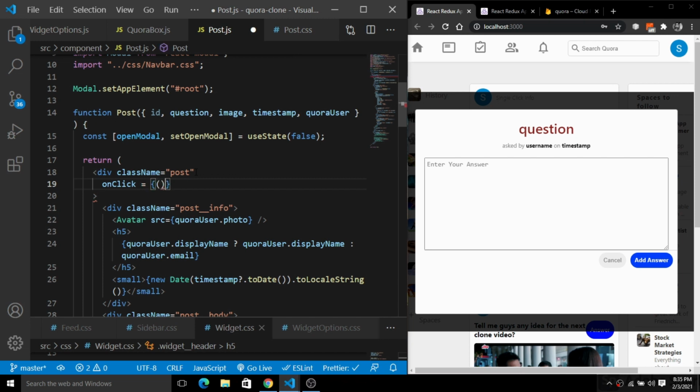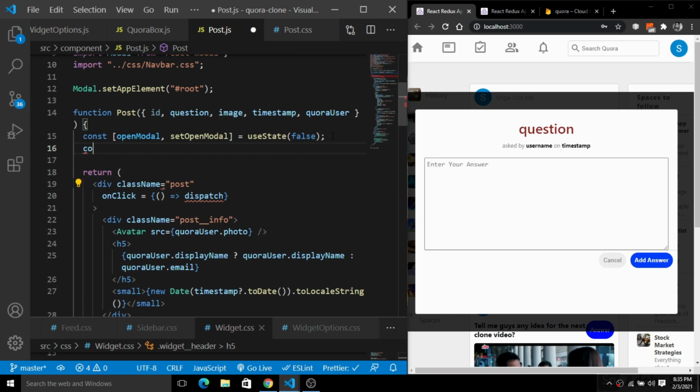So we have this on click here. We will create an empty arrow function, and we will have a dispatch here. Simply create an object for the dispatch.